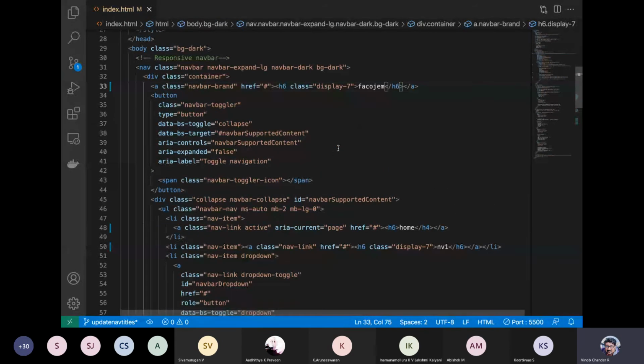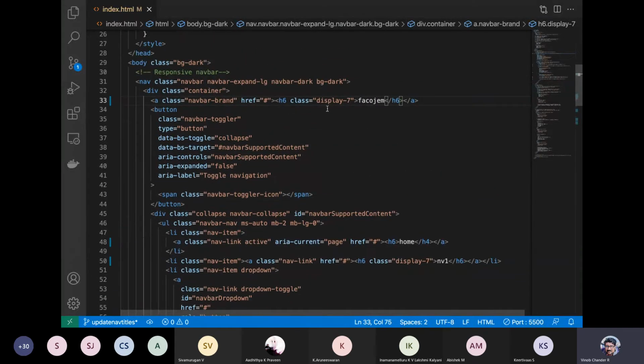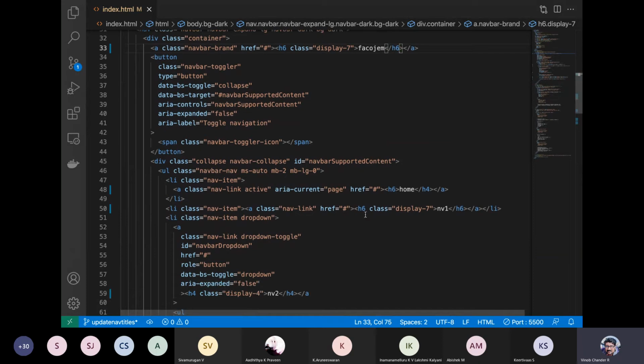But again, we have done some changes. We have changed the title FACOGEM here, which is H6 class equal to display 7, for the nav1, right? And similarly, let us have this for the home as well.